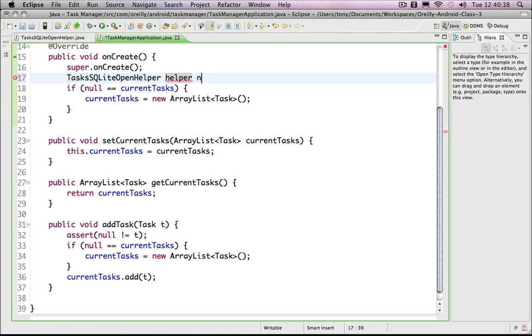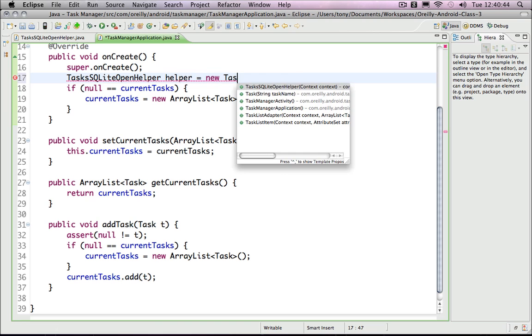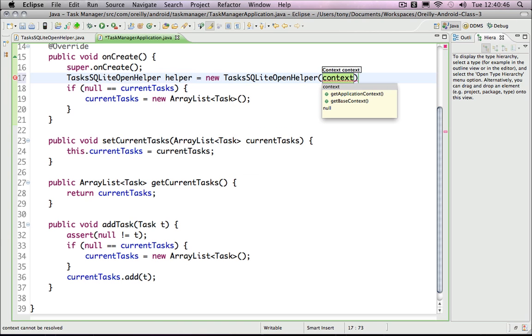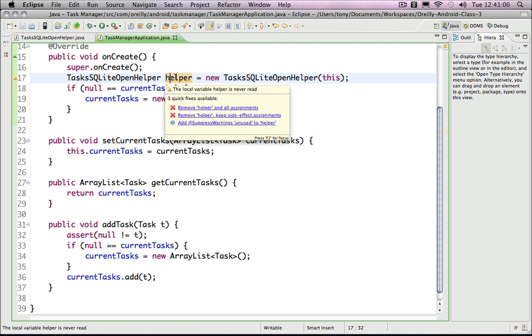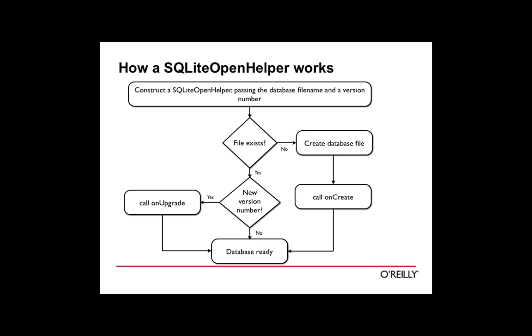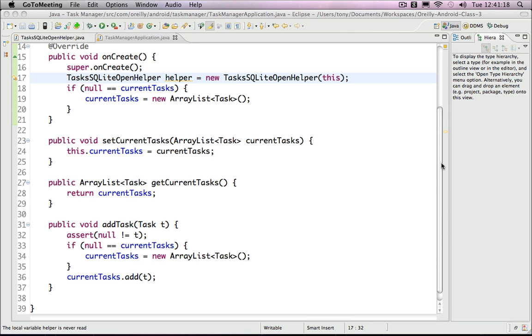I need to get an instance of the SQLite open helper, so this is just a standard creation, which will take a context, and I can say this because the application is also a context, just like an activity is. And now I have a helper. And so I haven't run any of that. I didn't run onCreate. I didn't run anything special. All I need to do is instantiate the SQLite open helper, and it will go through that flowchart that I showed you before in the slides. It will go through this process just when I construct it. So that's all taken care of for me. All I need to do is instantiate that, and now